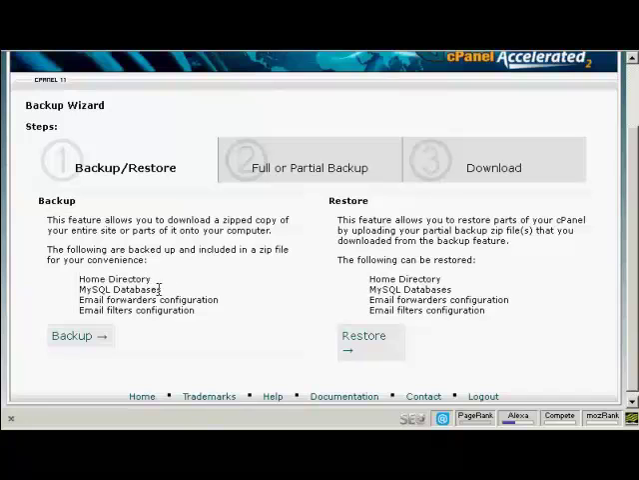What you want to back up really are the two things that you need for your WordPress blog to work: the home directory and the MySQL databases. The things like email forwarders configuration and email filters configuration are more to do with the actual running of your website. So we click on Backup,